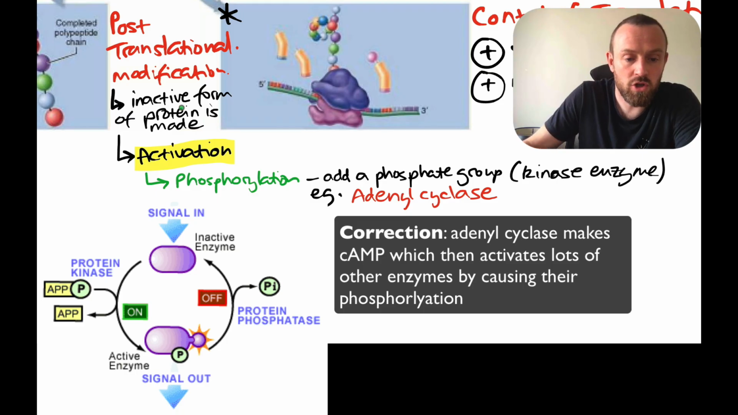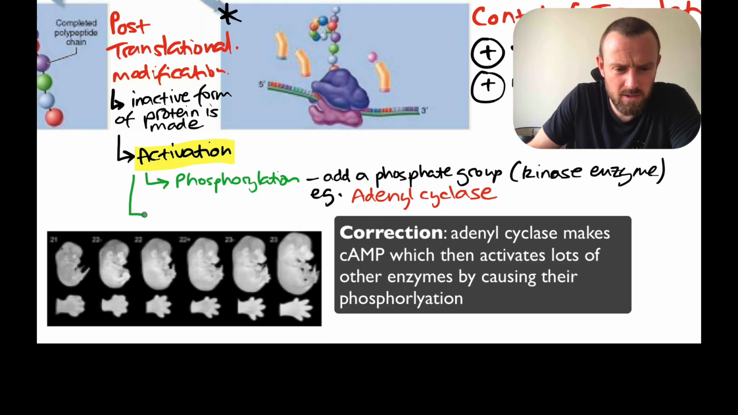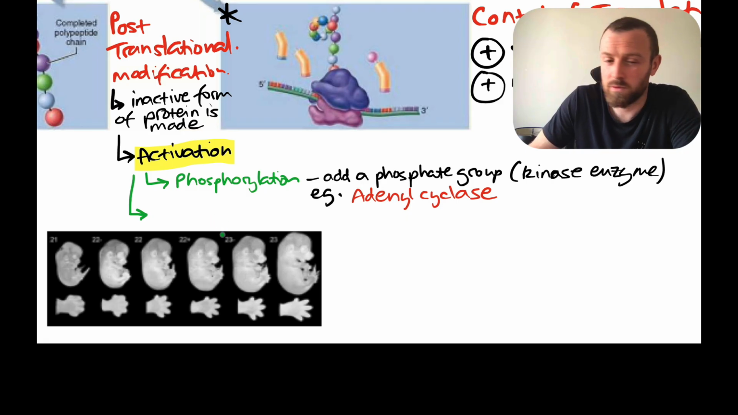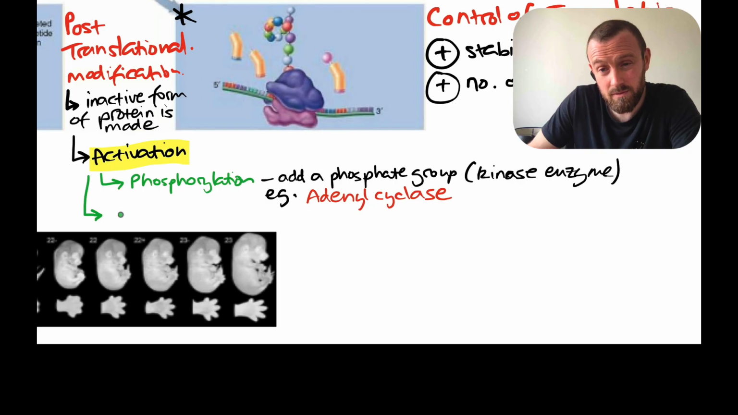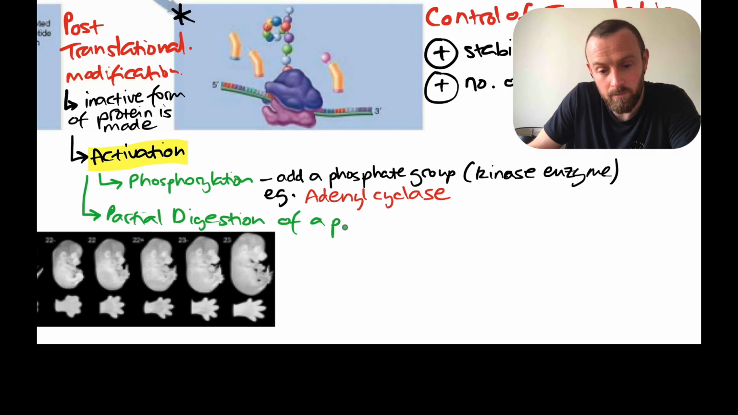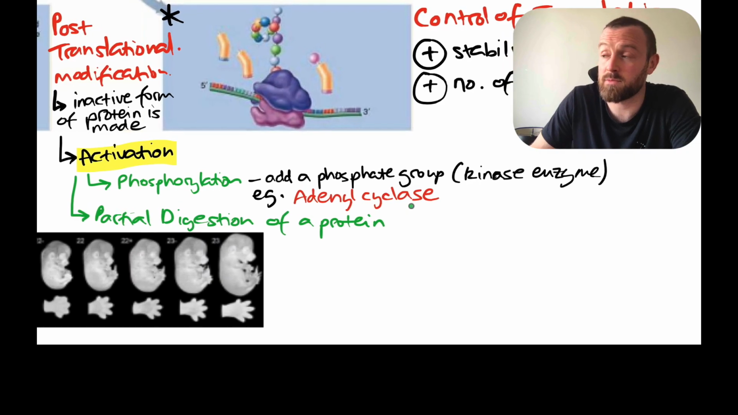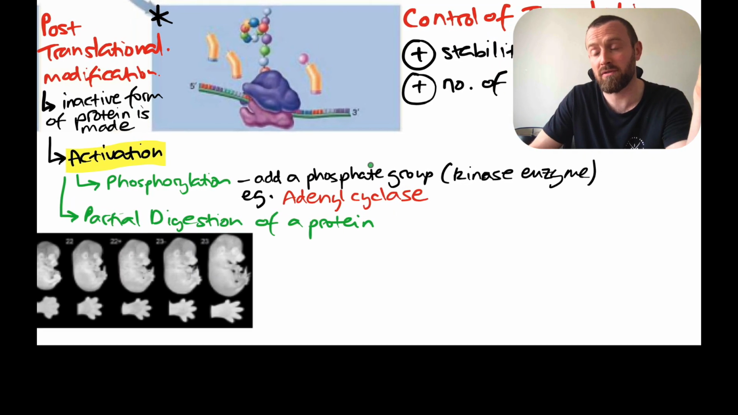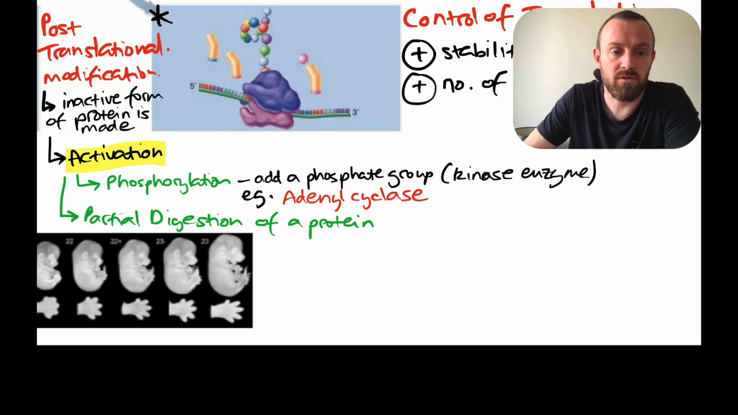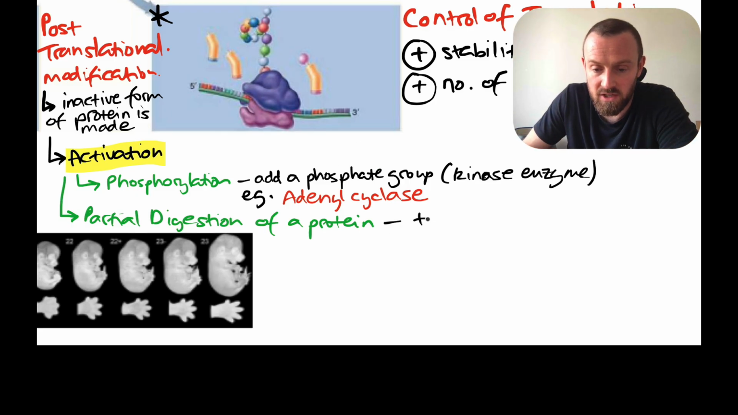And another thing which can happen, it's less on the syllabus, but I have seen it come up in questions before, is some enzymes can have a bit removed. So what will we call that? Partial, I guess I'm going to call it partial digestion of a protein. So a protein is produced that is too big and then a little piece is clipped off to make the protein functional. So examples of this are trypsinogen